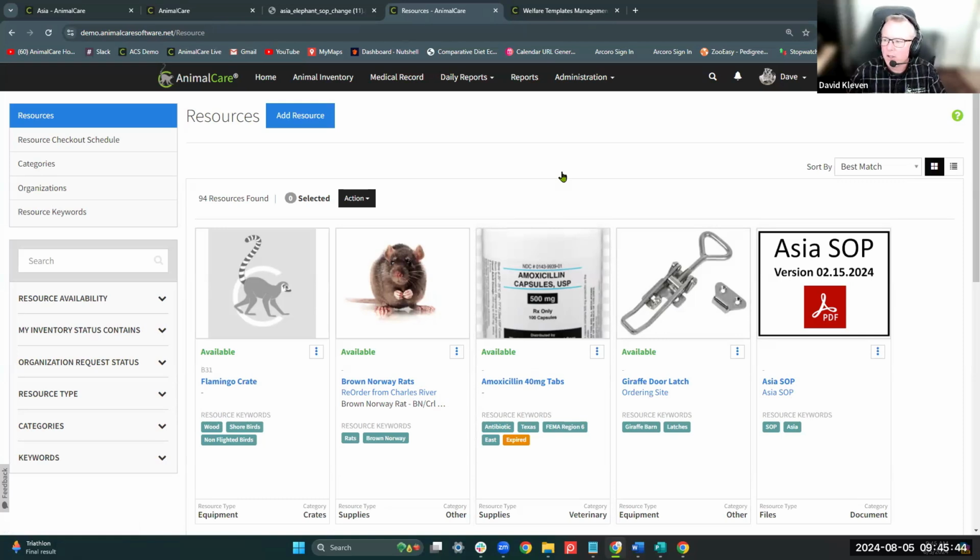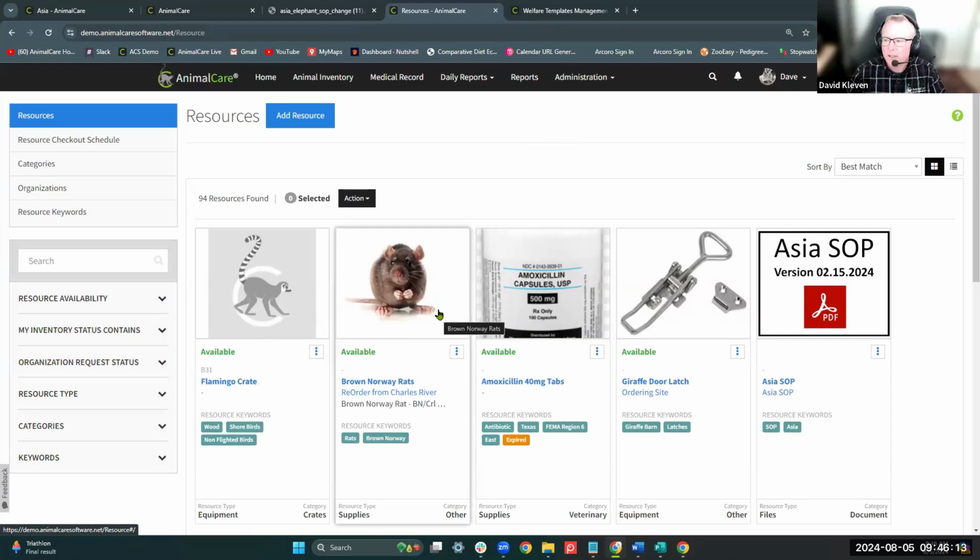It's not tied to other parts of the software currently, and it does not do automatic deductions. If you prescribe amoxicillin to an animal, and when it's administered, it does not automatically deduct from your inventory. That's all a manual system. Those are enhancements that we're looking at in the future, connecting all of that, because this part of the software,